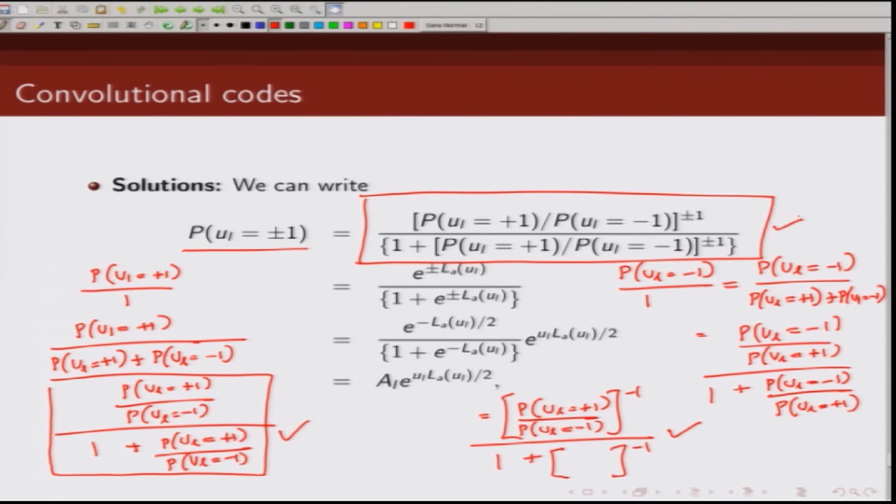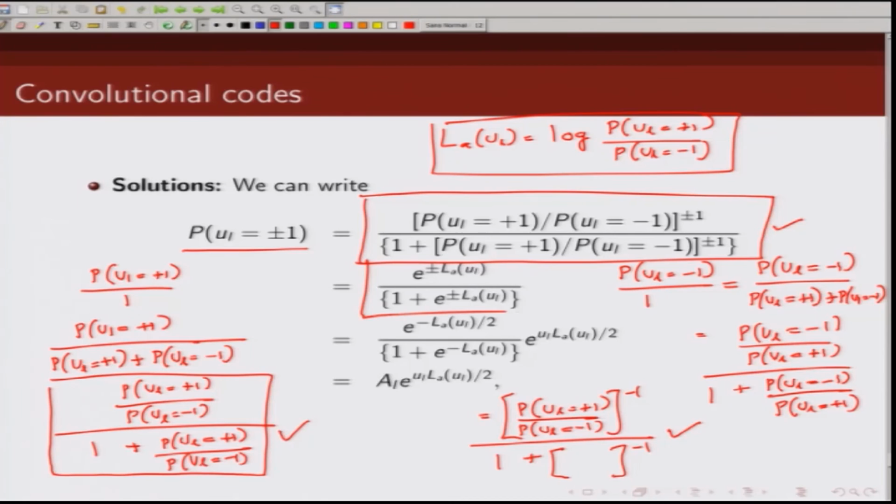Now, if I write this ratio of probabilities in terms of L values, what is this L value of UL? This is log of probability of UL being plus 1 by probability of UL being minus 1. So, this can be written as e raised to power LA UL. If I plug this in the first line, what I get here is this term. Now, note I can further simplify this